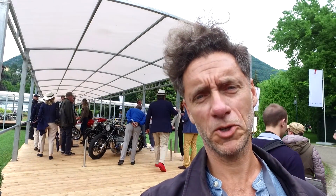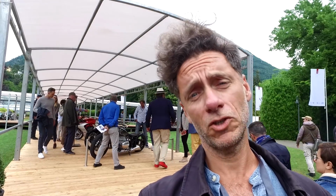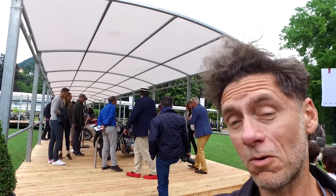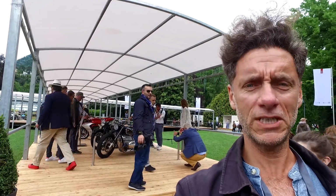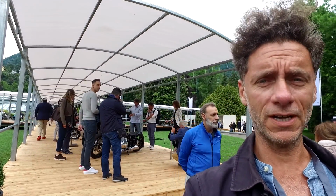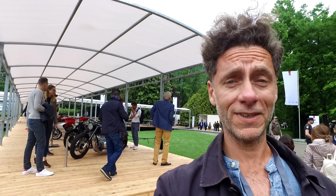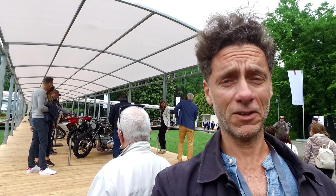Bakom alla de här människorna så finns en alldeles fantastisk motorcykel som är BMWs nya designstudie. Och mannen som står där och pekar och visar och berättar om motorcykeln, det är chefen för BMWs motorcykeldesign. Men det som är riktigt kul, om ni frågar mig, det är att den här motorcykeln, den har Svenskar varit